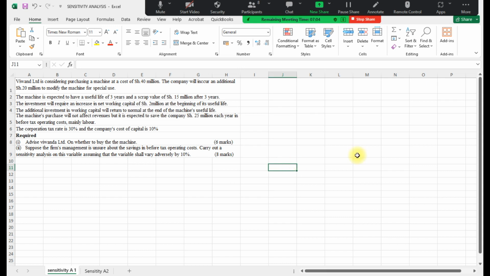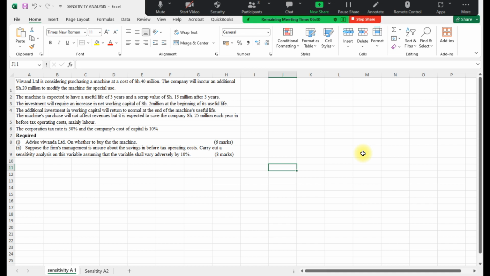Okay, so we shall look at this first one, sensitivity 1. Still is incorporating capital budgeting and sensitivity analysis. Generally, sensitivity analysis goes hand in hand with scenario analysis, because under sensitivity analysis it is a study whereby we normally ask ourselves, what if the worst will happen? What if the variable changes by a certain percentage? What will happen to the NPV? What will happen to the viability of the project?